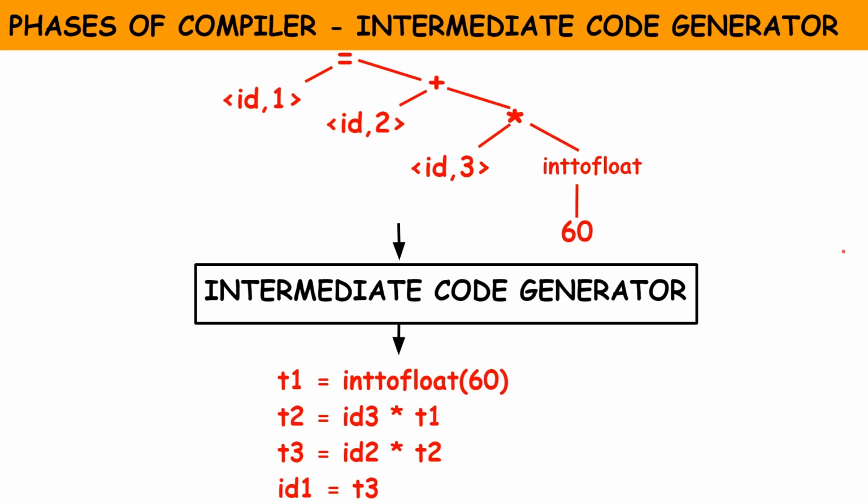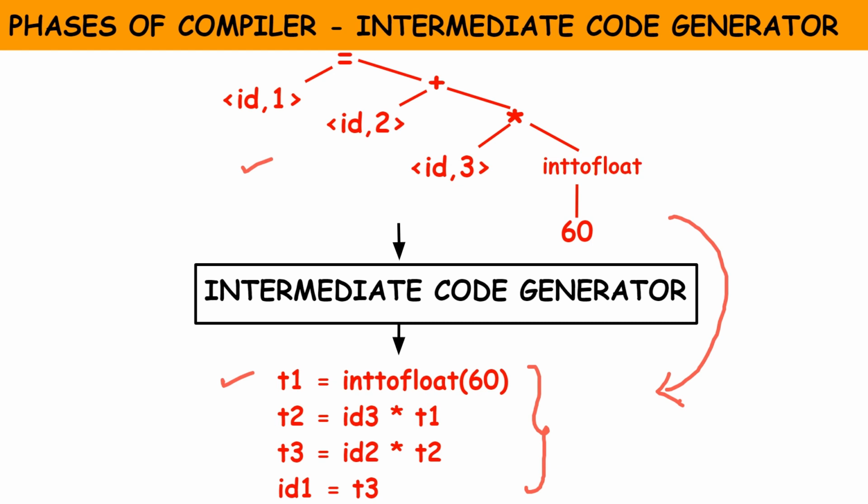The next phase of the compiler is the intermediate code generator. In the process of translating a source program into a target code, a compiler may construct one or more intermediate representations like syntax tree and three address code. We already saw about syntax tree during the syntax analyzer and semantic analyzer phase. Here we'll see about the three address code. The three address code is an intermediate form which consists of a sequence of assembly-like instructions with 3 operands per instruction. The syntax tree from the semantic analyzer is converted into a 3 address code by the intermediate code generator